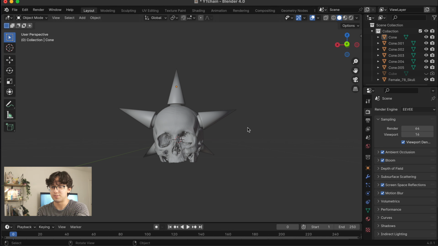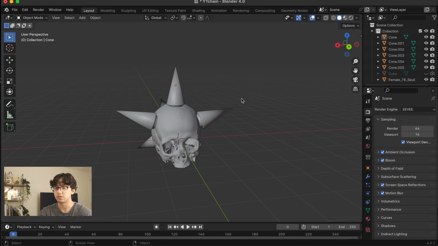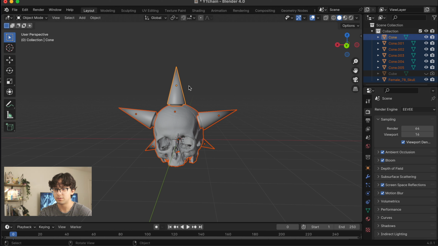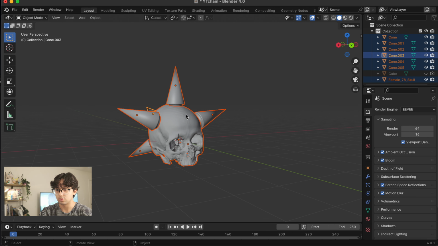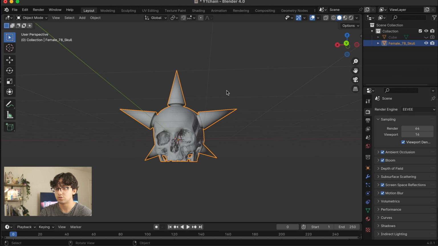All right, after some fiddling, I finally got it to how I like it. Once you have your spikes how you like them, go ahead and press A, then join them. Actually, let's make sure we're joining it to the skull. So deselect the skull, click it again, Command J to join. So now that they're joined,